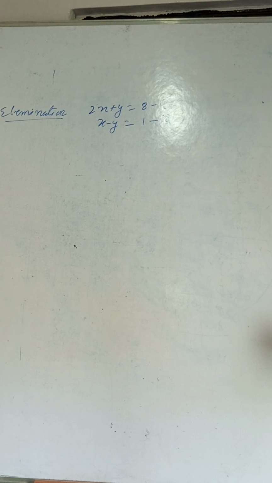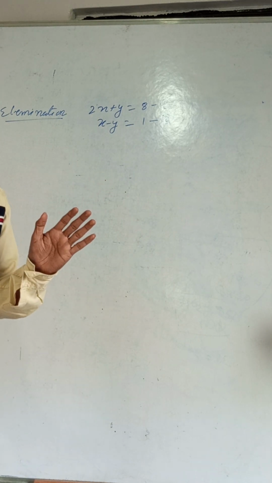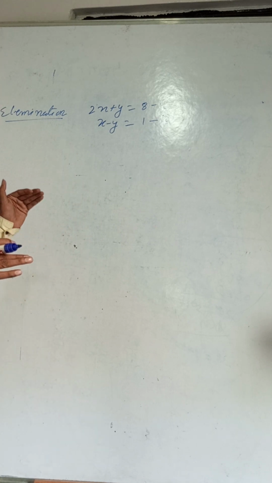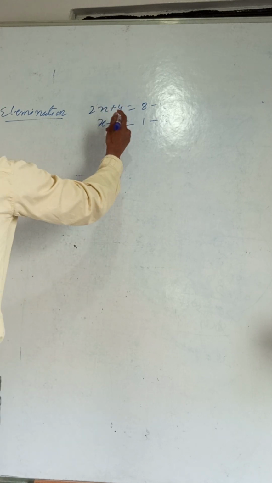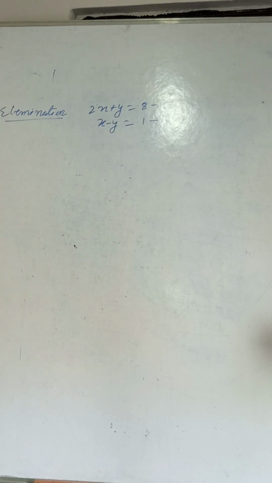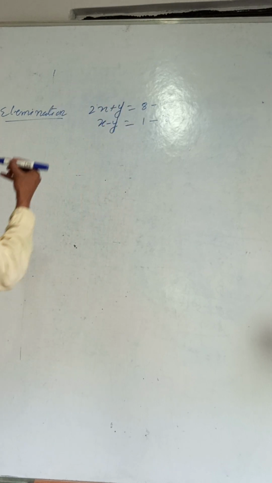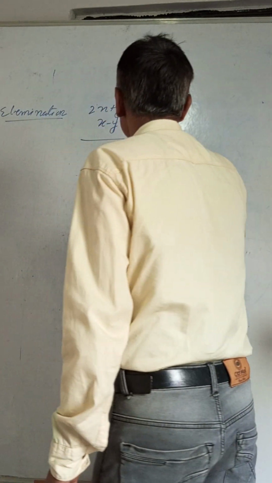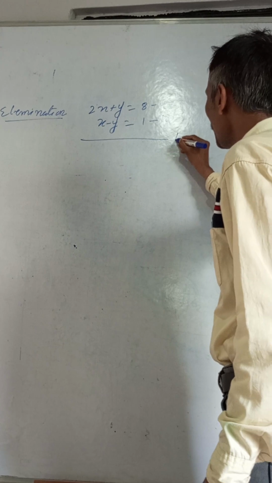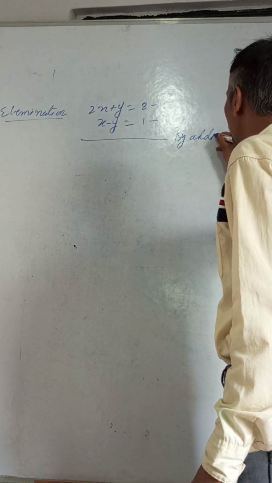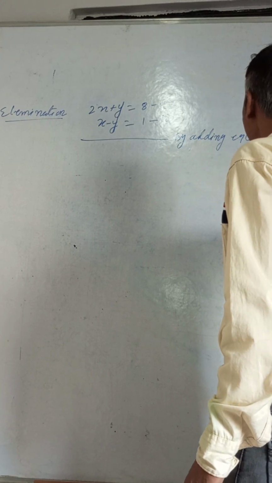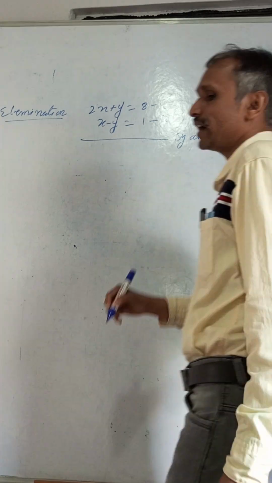In the last video I told what are the rules in that. You can go through that. But here again once more. For finding purpose, we have to choose any one variable and make it equal, which we are going to delete. Suppose that here already it is equal, y and y, so directly we can cancel it. Okay, and here you can write that, by adding equation 1 and 2.